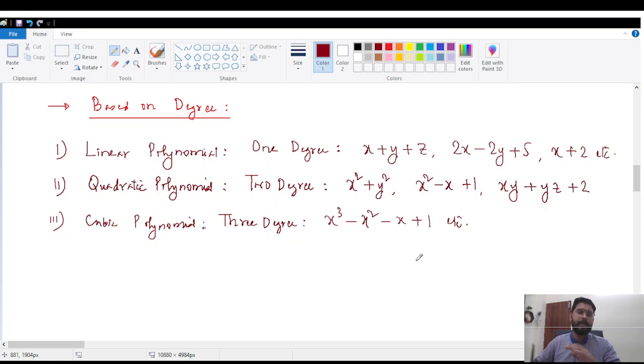Now there are further. For example, if there is a 4-degree polynomial, we generally call it a quartic polynomial, which is not necessary for this particular course. So that's why I'm not including. Then from the 5th degree onwards, we just call it n-degree polynomial. Let's say if n is 5, we call it 5-degree polynomial, then 6-degree polynomial, 7-degree polynomial, like that. So based on the degree, 3 major classification: linear polynomial,